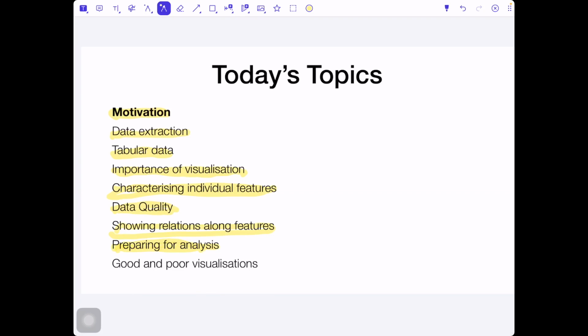But the important purpose is to analyze the data and apply machine learning techniques, and that's done in steps. And finally, the last part of the whole lecture is where we'll see some poor and good visualizations as well as interesting examples with statistics.